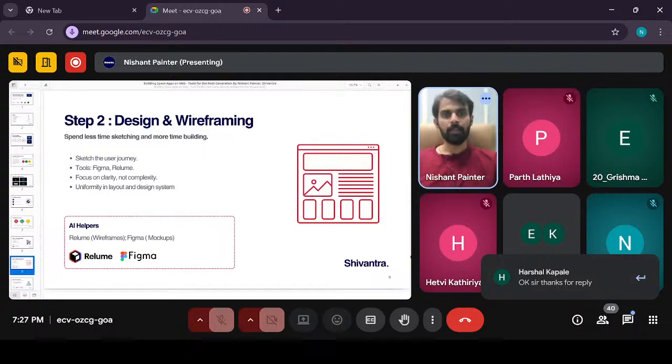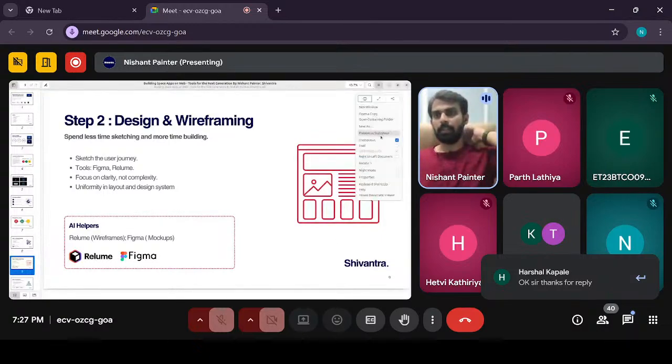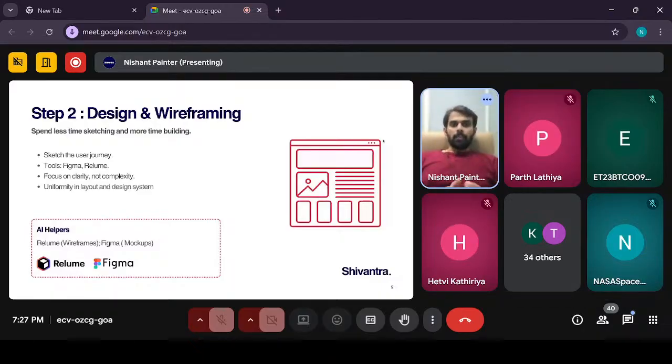Okay. So coming back to the wireframe part. We have designed the wireframe, and we have to look into it in the simplest way possible. The most important thing that you need to work on is uniformity. For example, you have a button, the most common element you will see in a web application. The button that you see on the website should be uniform across all your website and web application. This is what uniformity means.